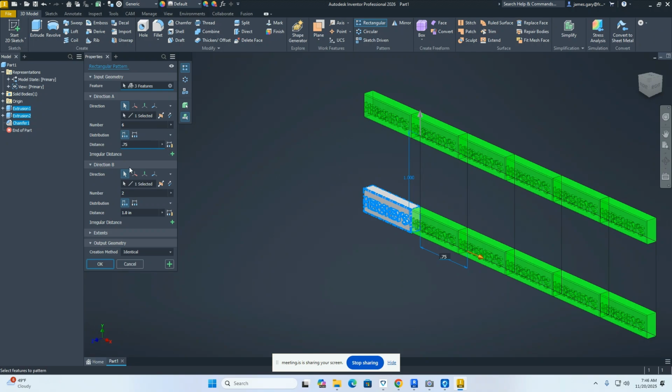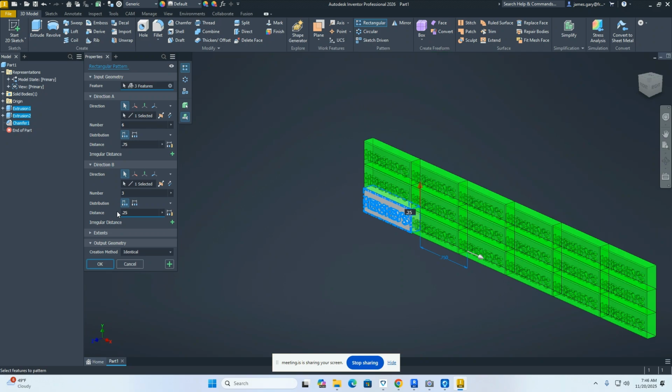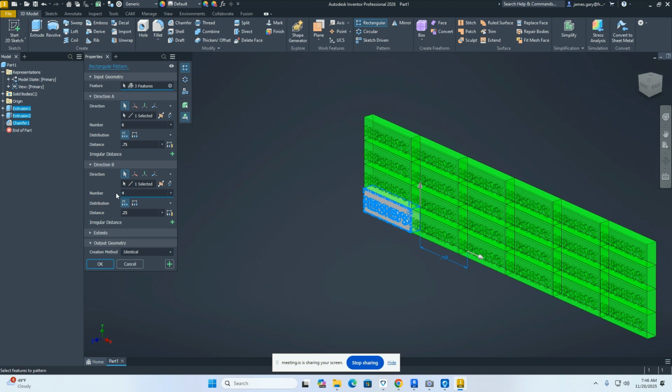Let me count. Let's give me about three of them. There's the third one, and then I'll adjust that spacing. Now that was 0.25 in that one direction. So what's that look like? That looks pretty good. It's got them right on there. I'm going to go more though. Let's go maybe 4. Here we go. That looks a little bit more like a Hershey bar. Click on OK,